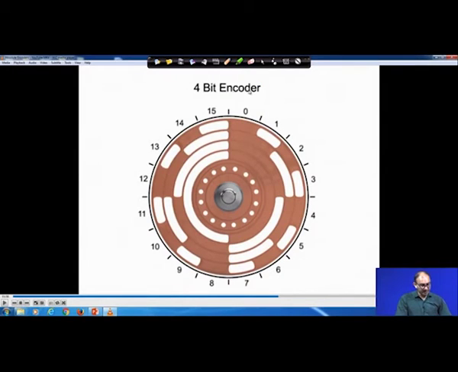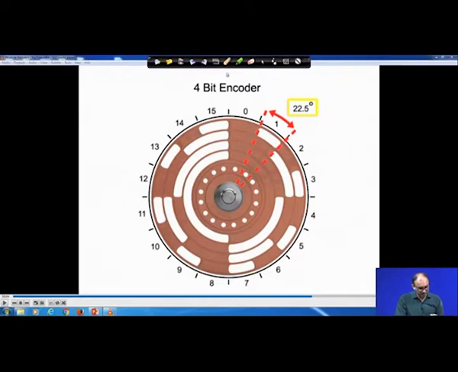So, this is the 4-bit encoder. 4-bit means it has 4 tracks. Based on the 4 tracks you are getting a signal output, and it is divided into a total of 16 divisions. If you see here, 0, 1, 2, 3 up to 15, plus 0, that is also one signal. So, 360 degrees is divided into 16 parts, and each one has one particular angle. After every 22.5 degree rotation, you will get one unique combination.